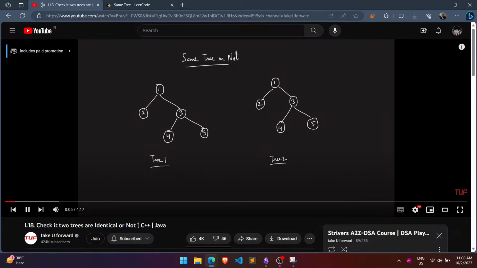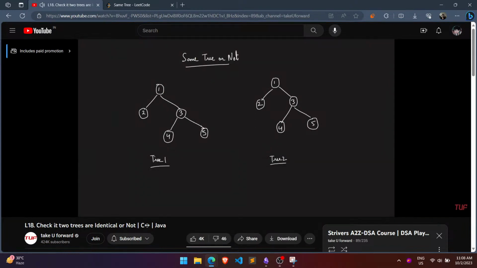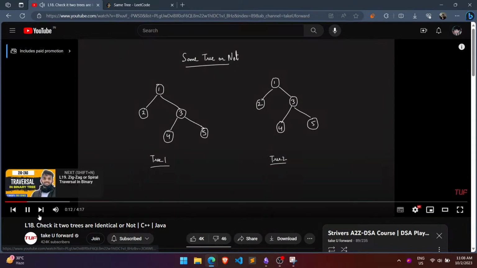So today we will be solving the problem same tree or not from the Freaka tree series. So basically you'll be given a couple of trees, that's tree 1 and tree 2. So in this,